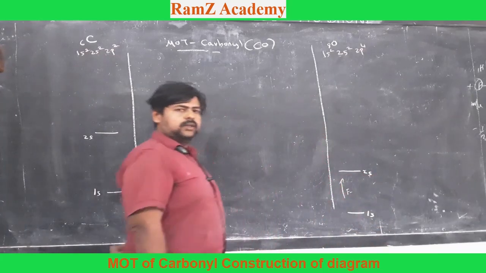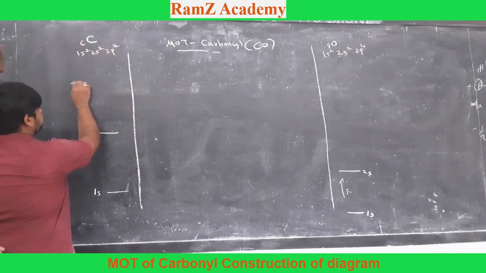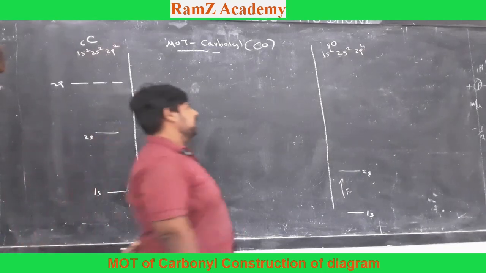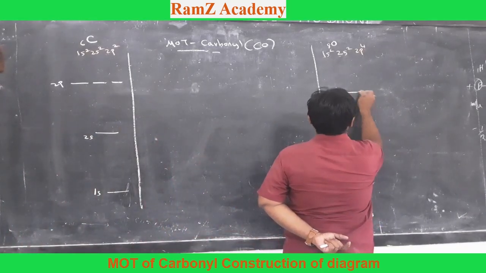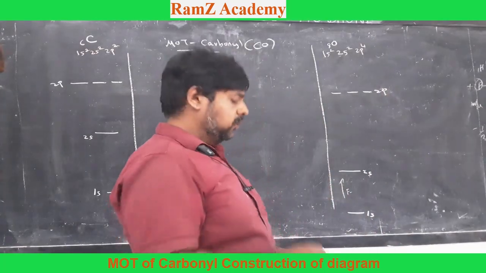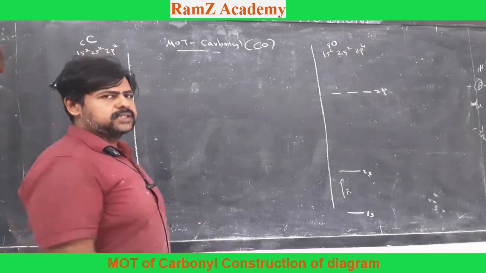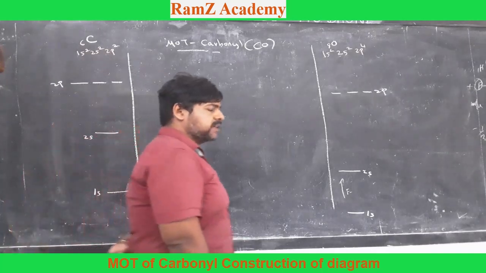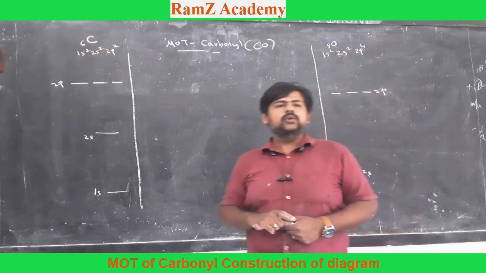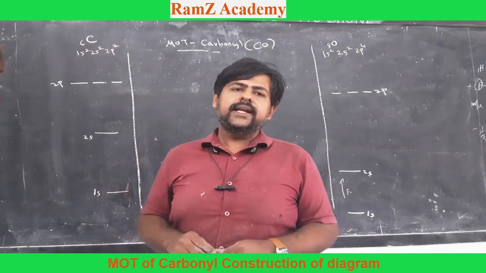Now after 2s we have the 2p. So 2p of carbon, let us say it is here. You should have 3 orbitals in 2p. Similarly, I have 2p here. Now I am also going to give you a rough idea of the exact energy of these atomic orbitals as well. There is no need to remember the exact values; I am giving you an approximate value. But these approximate values help us remember the position of these orbitals relative to each other.